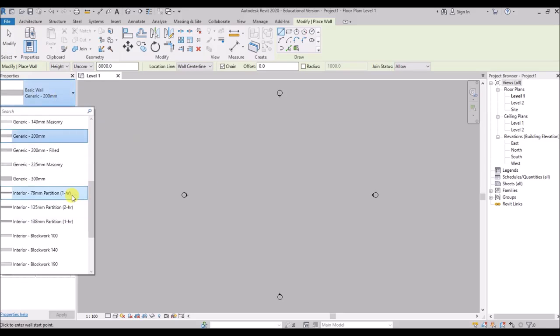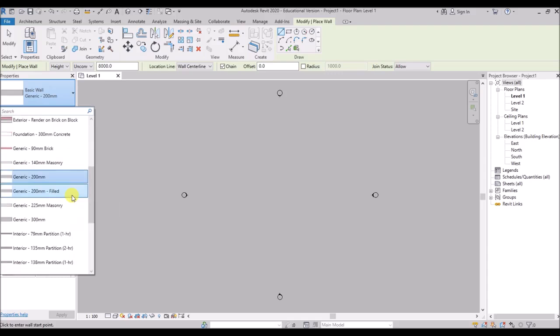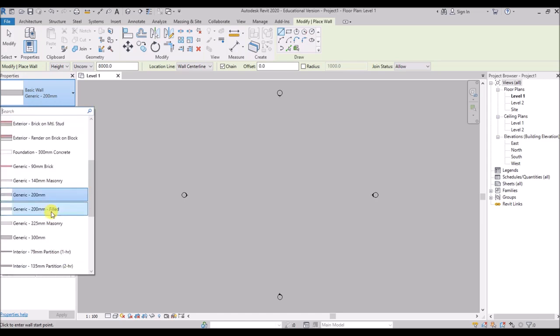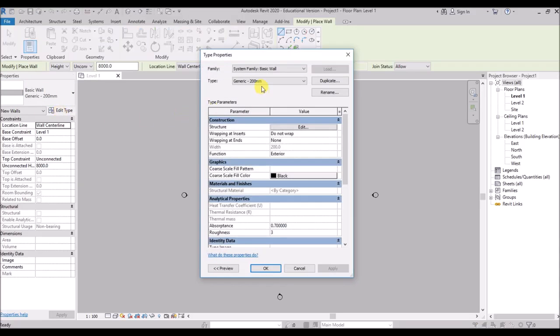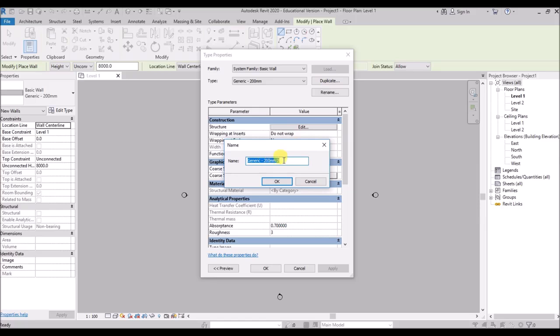Now you can select a wall type from here. Plenty of families are available here. I'll use a generic 250 mm wall for the exterior of the house, but it's not available. So I'll select this one and edit it. For that I have to click on Edit Type. Now I won't change the property of this wall. I'll create a duplicate of this wall and then change its property. So click on Duplicate, rename it to 250 mm,